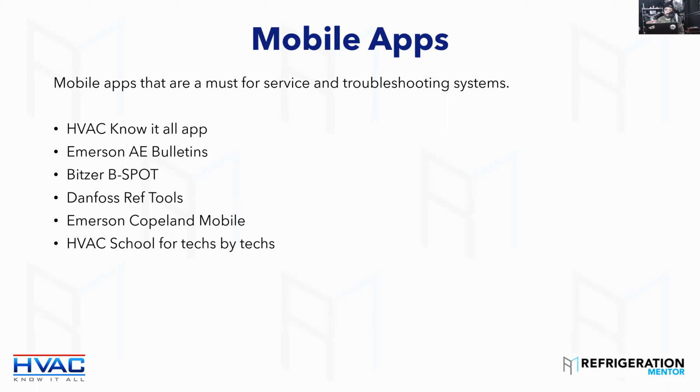Do they give a range on, say, the Copeland mobile app? I was looking at a couple compressors I scanned. Do they give a range for the compression ratio they want to see somewhere? Well, when you go into the diagnostics tool in there, it's going to tell you if you're running efficiently, or not efficient, shut the unit down right away. If you do the diagnostic tool and put in your pressures, amps and volts, then it's going to spit out where you're at in the operating envelope of that compressor.